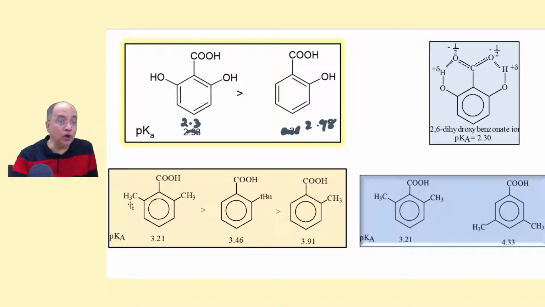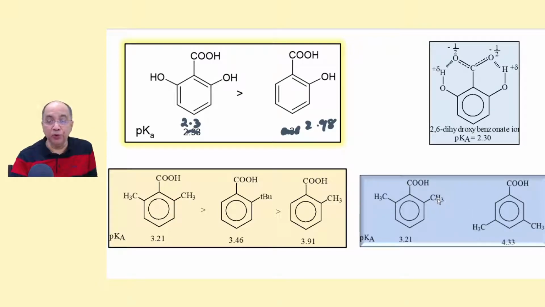Similarly, if you put more methyl groups in the ortho position, SIR will be more, and the ortho effect will be more pronounced to make it most acidic. Then one side but bulky: it is less acidic than both the sides, but more acidic than methyl, methyl being a less bulky group than tertiary butyl. So methyl will be less acidic. This we have discussed. The more the bulk of the ortho group, the more the SIR, that is, the ortho effect will be more pronounced, and the more the acid strength. Two ortho positions, still more.